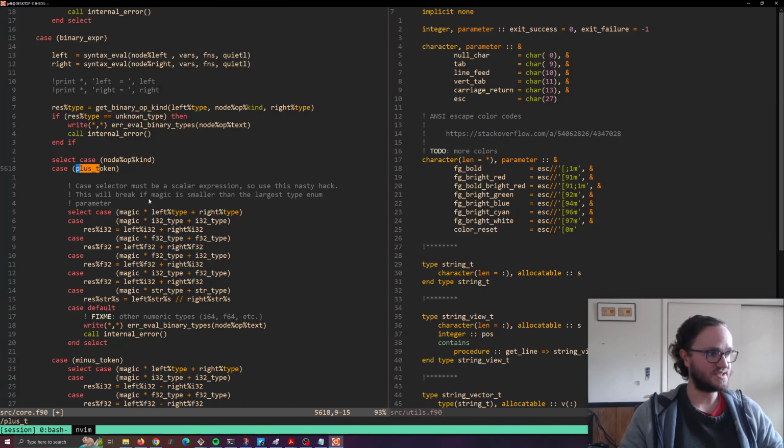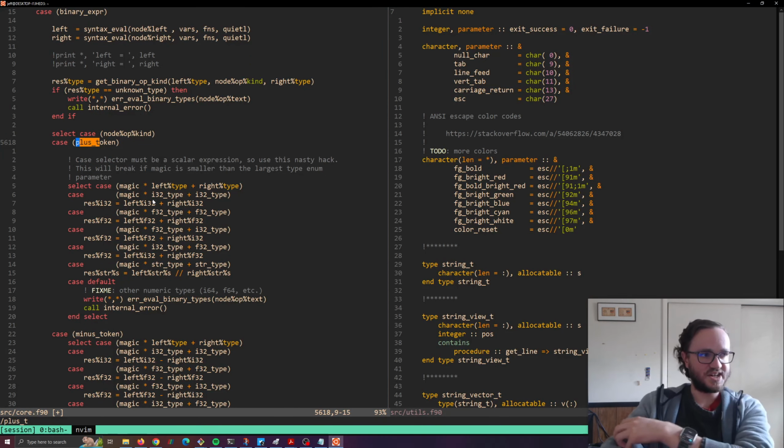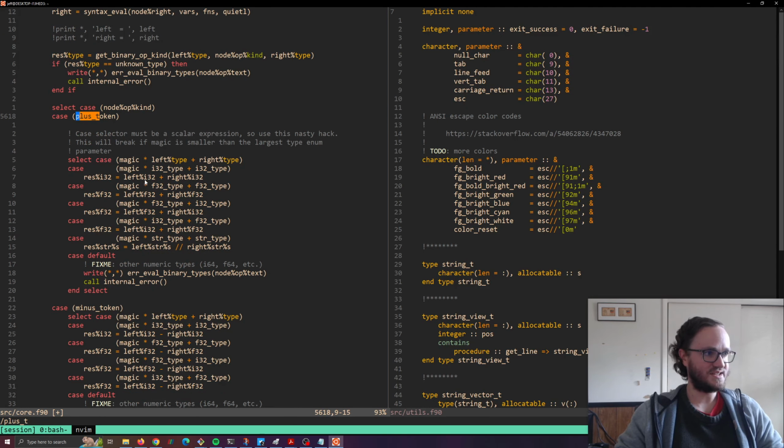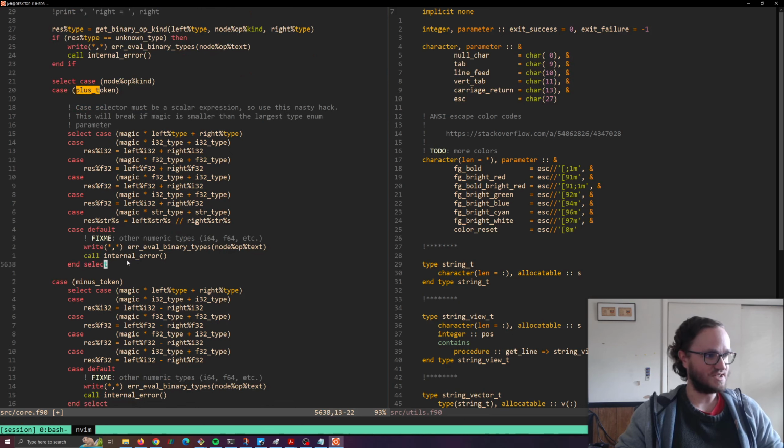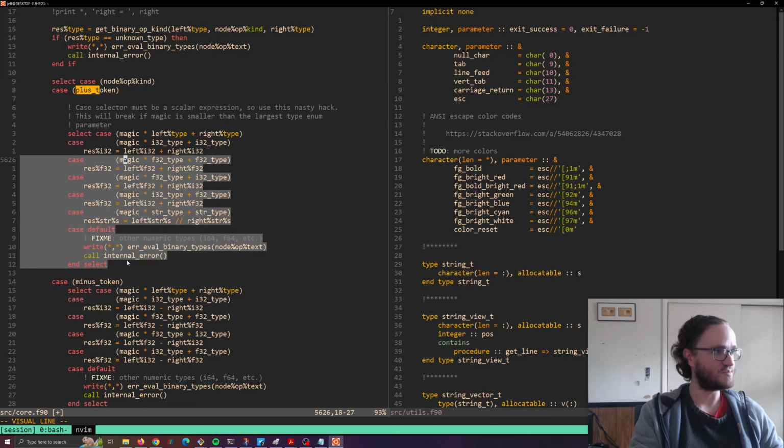If we look at how the plus token is defined, it checks the types of the left operand and the right operand, and then it either adds the integers or it adds the floats, or if you have a float on the left and an integer on the right, it will mix and match those. That's fine. That's not an error like in Rust. So basically, we need something like this for plus equals,